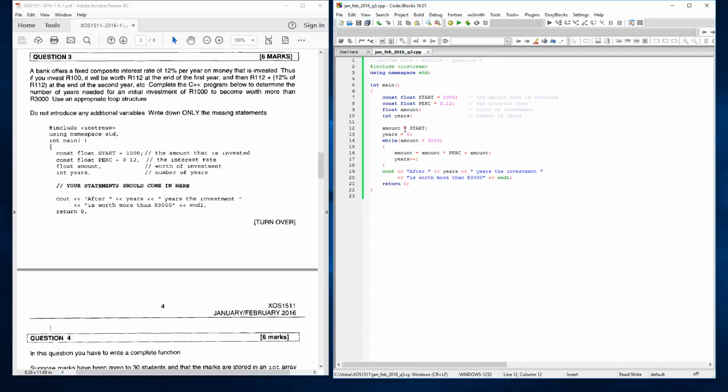The only difference with the while loop is that you have to declare these variables outside of the while loop. So we're basically saying amount must equal the start, years equals 0, and then I'm saying while the amount is less than 3,000, it must set the amount value